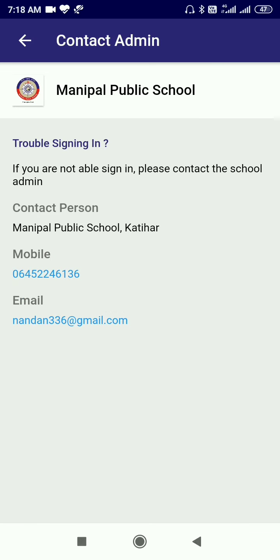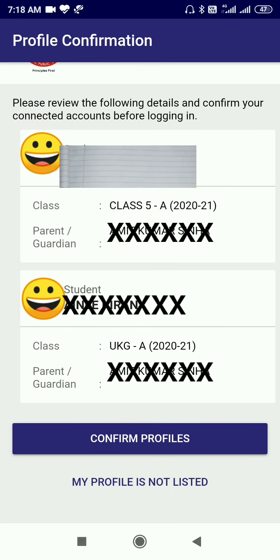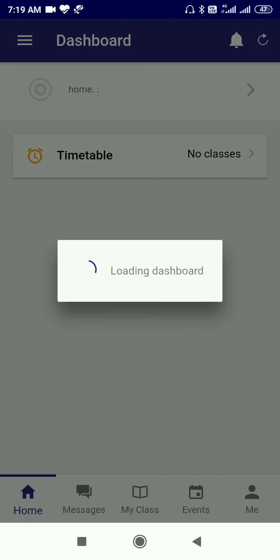Tap on my profile is not listed. Here you will get the contact details where you can register your complaints or queries. Now here I am seeing that both my wards are here, so I'll just confirm profile. Click on confirm profile.